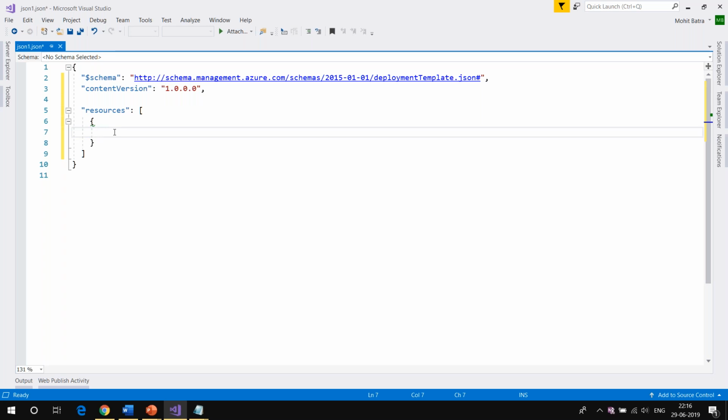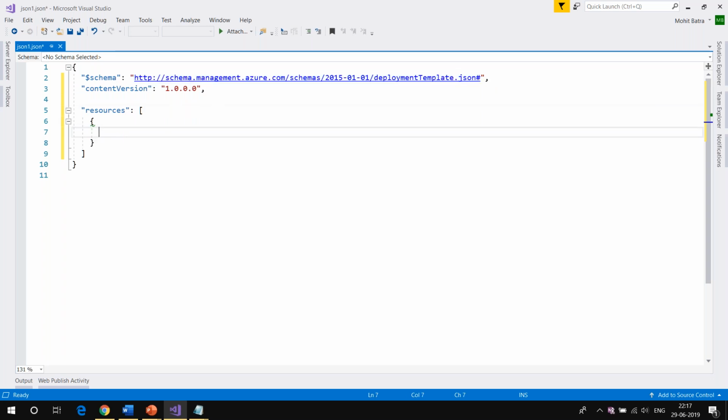Okay, and Vijay is asking, is it relevant to the ARM version? So Vijay, basically the content version is not at all relevant. If you're talking about this one, yes, it is important. Please just go ahead and copy the same stuff. You don't have to touch this particular schema. Simply put that in your ARM templates and that should be good enough.